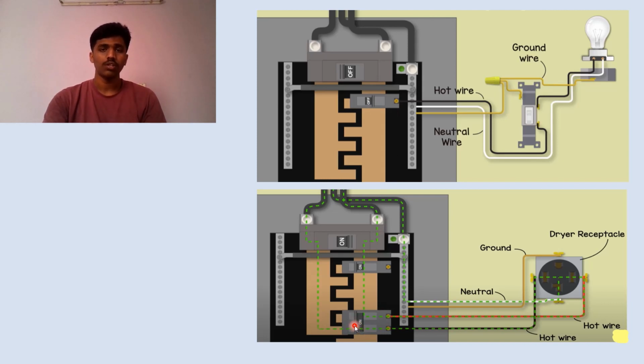See, this double circuit breaker allows us to use 240 volts. In this double circuit breaker, you can observe there is a hot wire which is given to bus bar 2, and there is a black wire which is given to bus bar 1. The neutral wire is coming out from the neutral terminal of the dryer or air conditioner, and is given to the neutral bar or ground bar. Along with that, there is a ground wire coming out from the ground terminal of the specific appliance which uses 240 volts, and it's given to the ground or neutral bar.